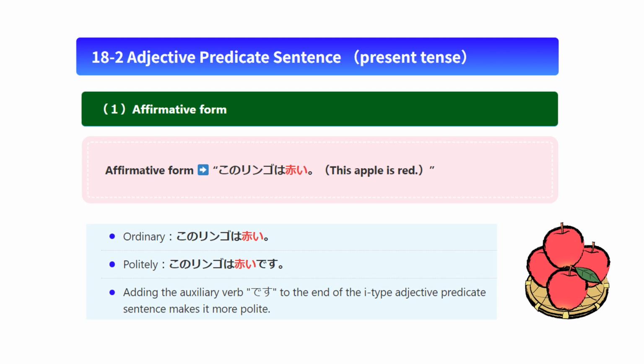Yes, it's easy, you say このリンゴは赤い。 In Japanese, there are two types of expressions: ordinary expressions and polite expressions. Adding the auxiliary verb indicating polite affirmation to the end of the I-type adjective predicate sentence makes it more polite. このリンゴは赤いです。